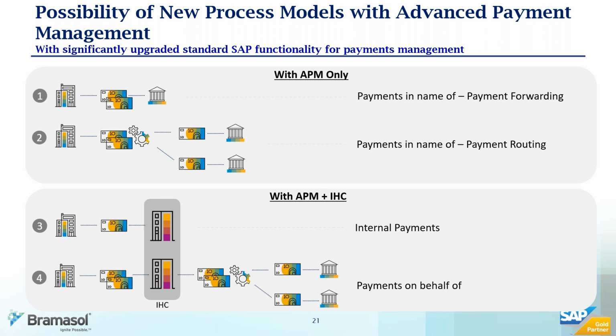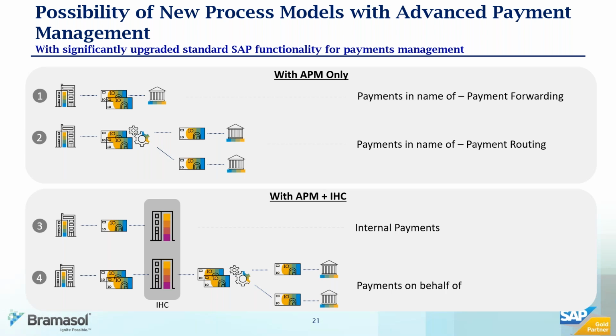clearing, and so on. And based on multiple criteria that is in the payment file, you can decide where the payments should go. Should they go to Bank 1 because they're urgent and Bank 1 is very effective in making urgent payments, or they should go to Bank 2 where certain other capabilities are offered. So it can really make that decision for you within the advanced payment management capability.